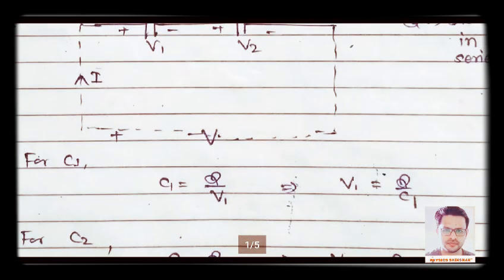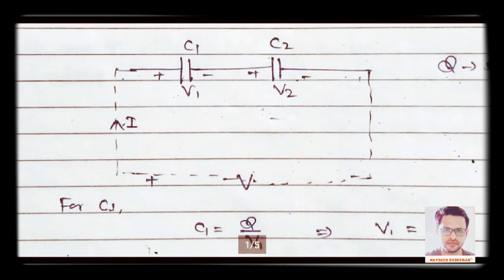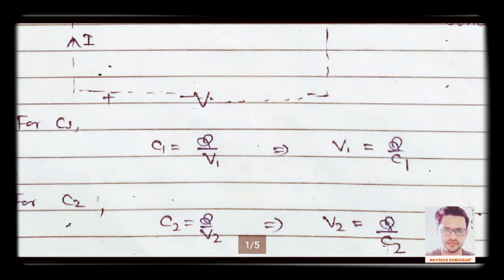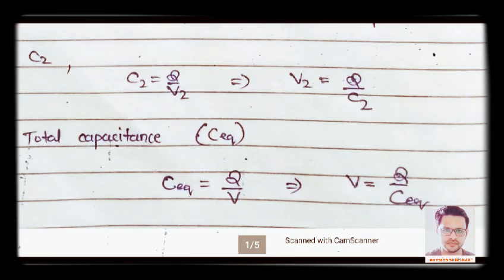So why are we doing this? Because I have applied a constant potential V across the setup, and we found that the individual voltages across the capacitors are V1 and V2. So if I add V1 and V2, we will get the total potential across the capacitors, which is nothing but the same potential we have applied through the battery. Now just have a look below.